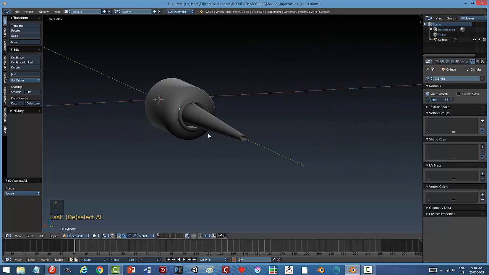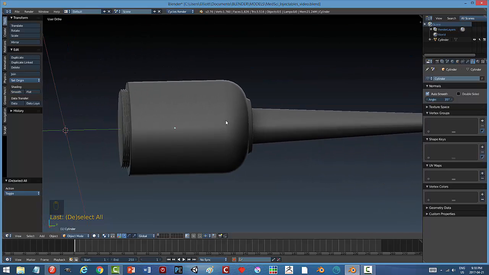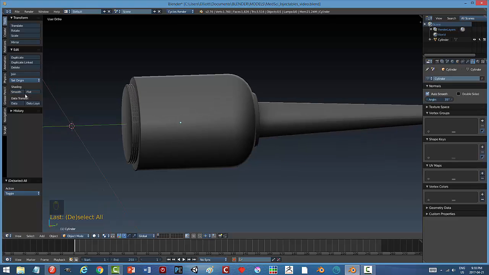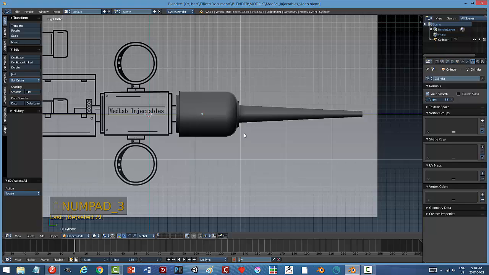So that's okay. Just wondering. I'm never going to see if that hole's too big, but I'm not going to worry about that right now. Okay, I can leave that on. All right, now